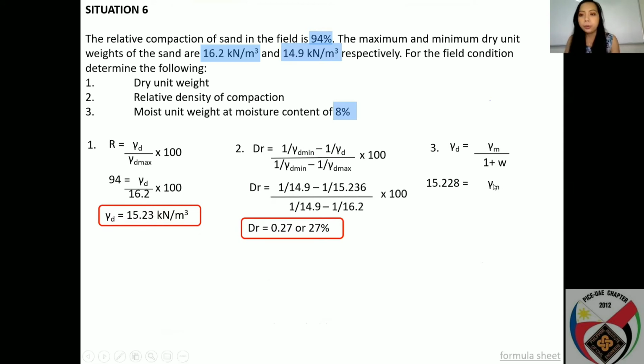Moist unit weight is unknown. And then binigay sa atin yung moisture content, which is 8%. So the denominator will be 1 plus 0.08. Solving for gamma sub M, we have,